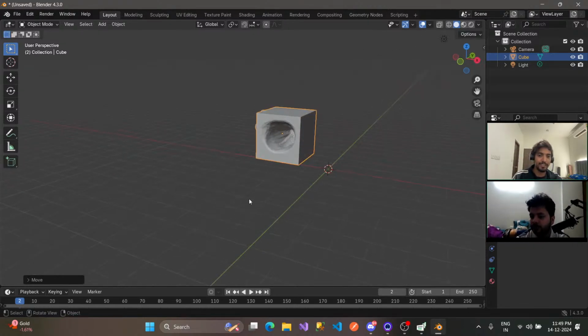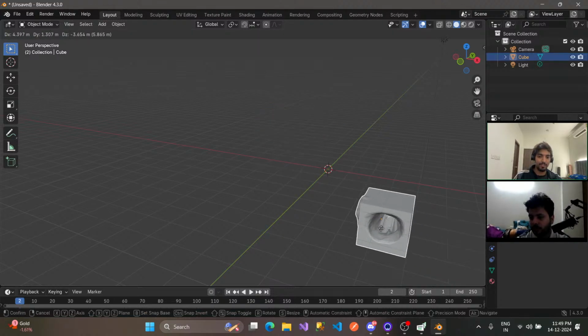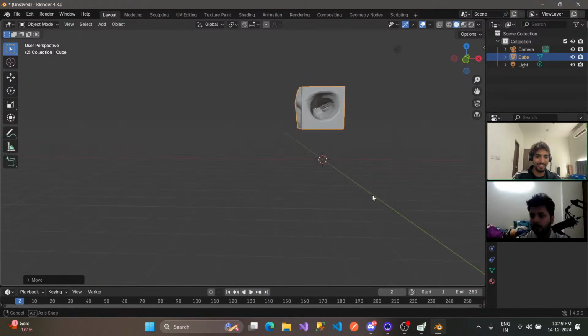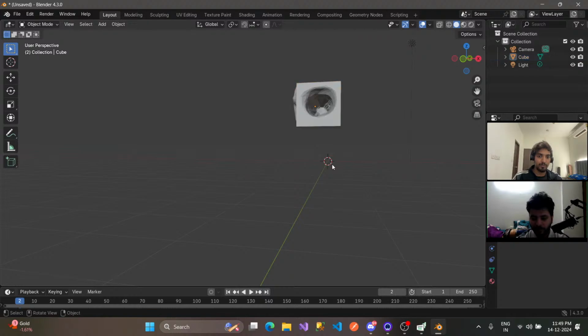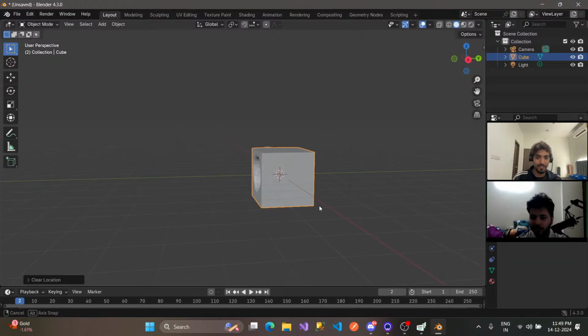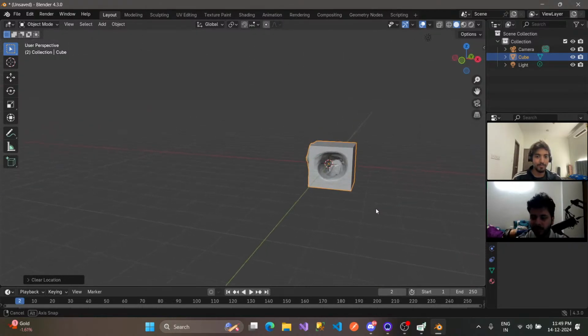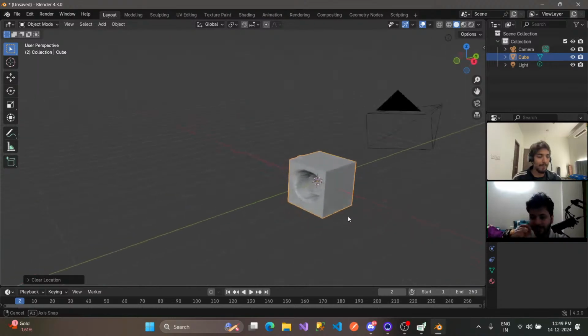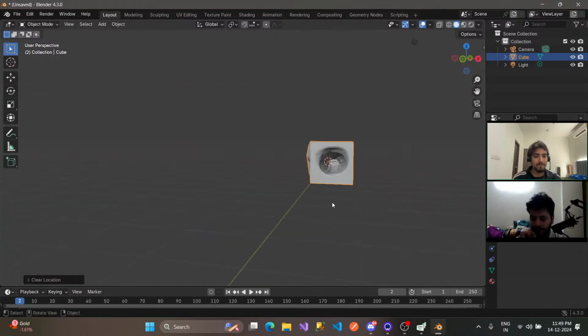There is also one thing I wanna know: how can we place this object on the ground, because you see it is hovering above the ground right now. For that, you can press Alt G. It is not going to place it on the ground, it is going to place the middle part. If you wanna place it exactly,